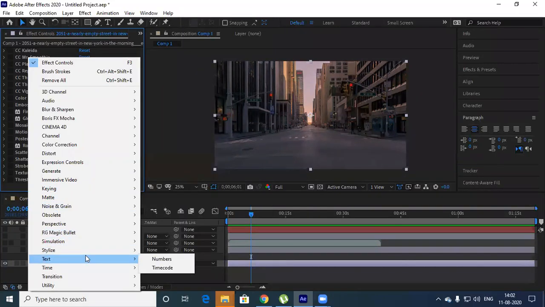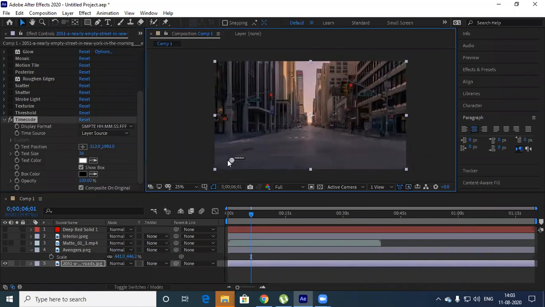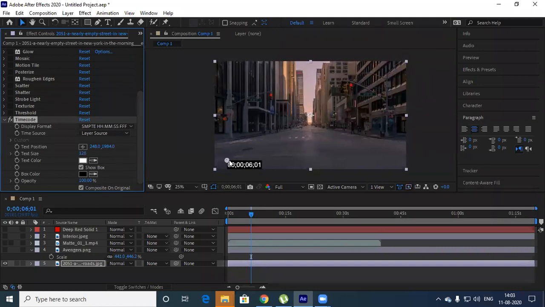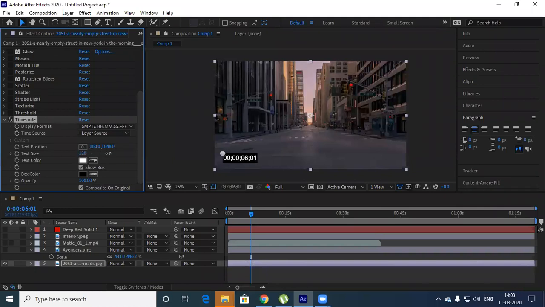Okay. So under text I'll come. Now after stylize I'll come to text. You know time code, right? Normally on the corner somewhere here the time will be running. How to create that with this time code? Okay, you have a time code here. So let me place a time code here. Okay, text size, let me just increase so that it looks like this. You might have seen these things, or might be in some other video or some channels, you might have seen this.